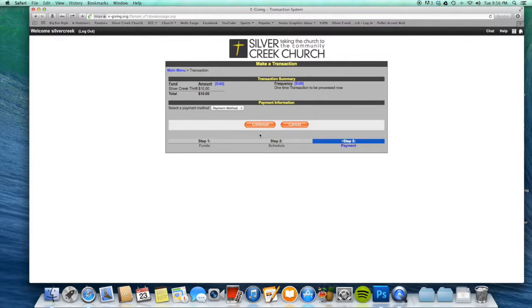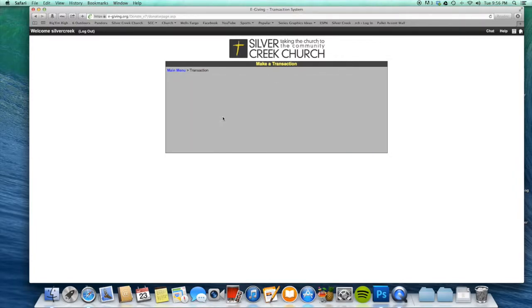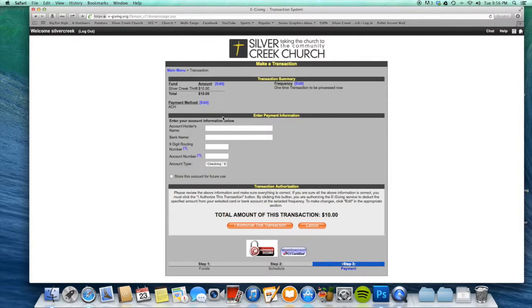Then it brings up another screen where it has your transaction summary as well as your frequency in there. Then you just go ahead and choose whichever feature it is that you want to pay with. So today I'm going to do bank account. It'll redirect you to a bank account form. This is not actual information, so don't bother trying to steal it. We're just going to make this up